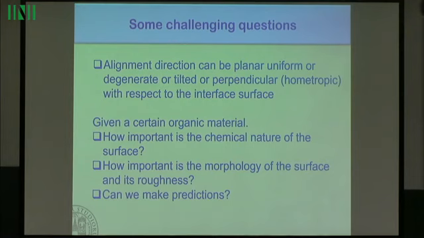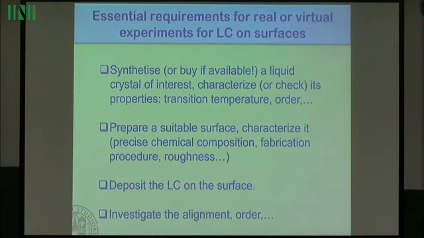Well, so again, how important is the chemical nature of the surface? How important is the morphology? If, for example, we have a liquid crystal or functional material close to silica, which could be quartz or glass, is that important? Is it just the chemistry, or is it the morphology as well? And what about the roughness? And more or less in all these cases, can we make predictions? So if we were to do a real experiment,